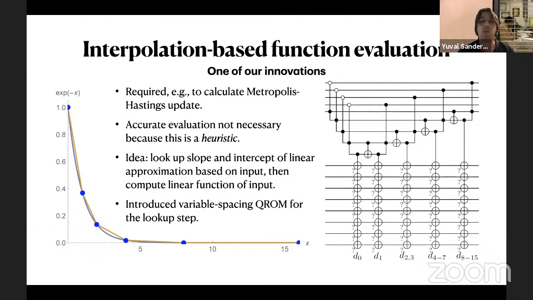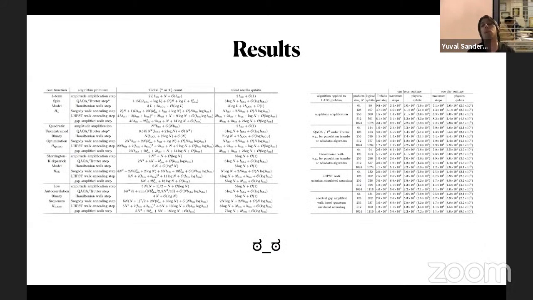And so we introduced a way to do this. It's a variant on an earlier idea that Dominic did with some other people at Google called QROM. That's a very neat trick if you're looking for interesting neat tricks to study in quantum algorithms. And so we've got a variant of it, which is called variable spacing. The original idea of QROM would require equal spacing between the interpolation points, but we've got a variant where you can look up an exponentially growing spacing between lookup points. Okay, so then we do all of that work and we get just this huge pile of results.